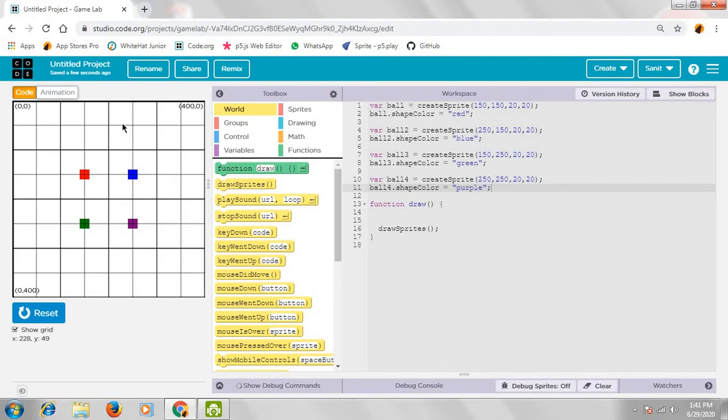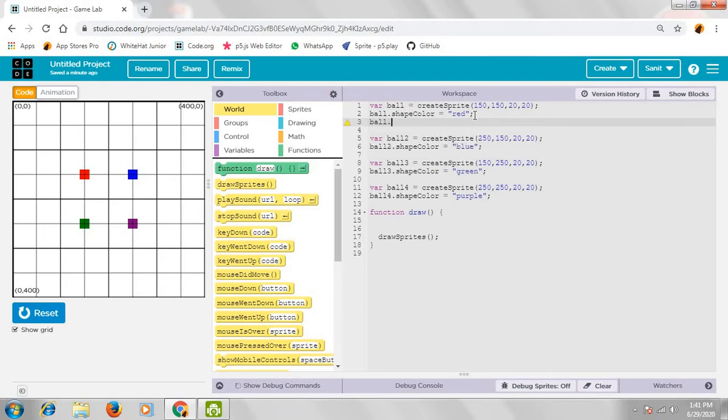Similarly, when we go to the top, its coordinate will be negative, and when we come down, its coordinate will be positive. So to make the ball move to the right side, we have to write ball dot velocityX is equal to -5.